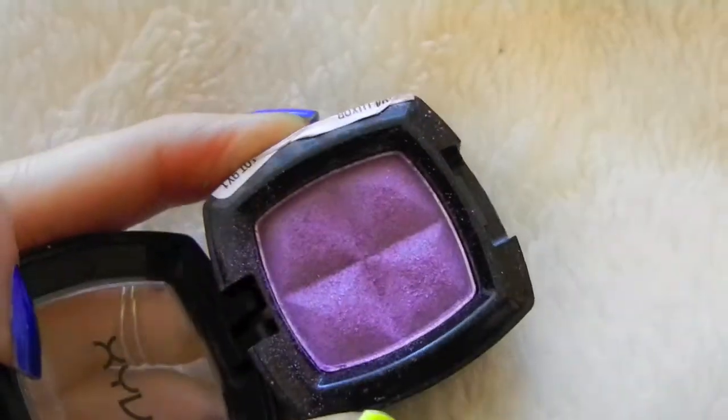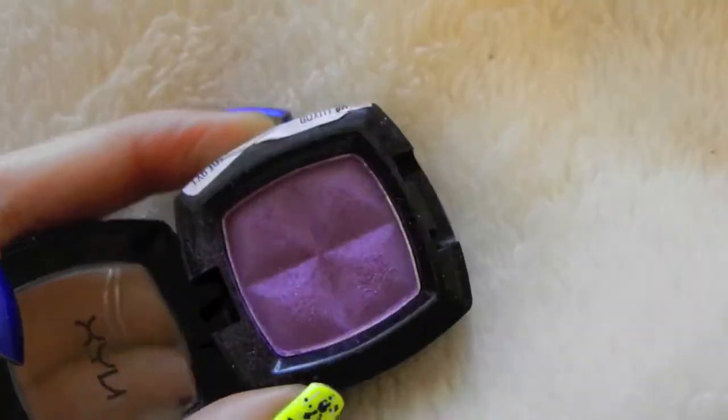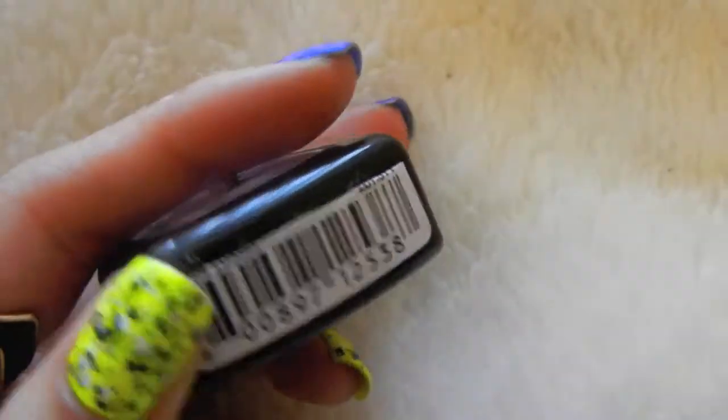I'm getting really off track here, but my favorite colorful eyeshadows of the month were NYX Luxor, which is this crazy bright purpley blue color. It's supposed to be a dupe for MAC Stars and Rockets. It's just a really pretty duochrome. It can appear neon on the eyelids, which I think is absolutely awesome, but can be a little bit intimidating. However, I just think this color is so cool to have, so this is a good one. The other one is NYX